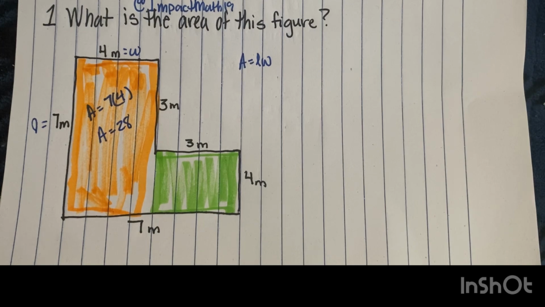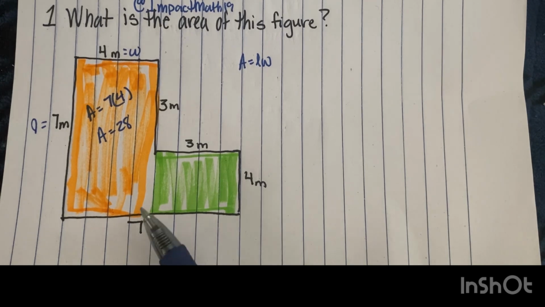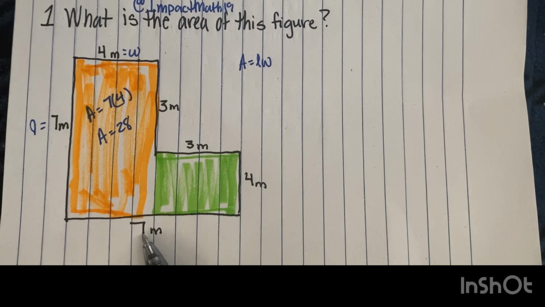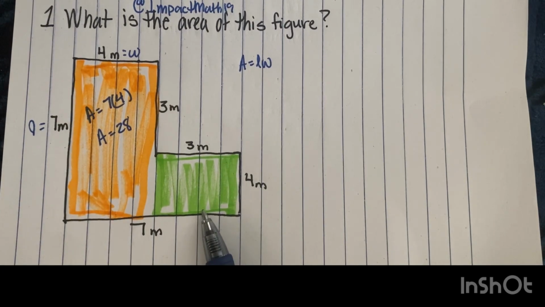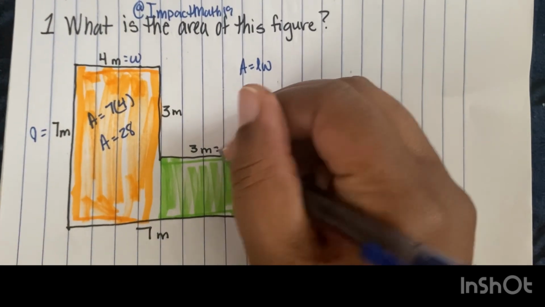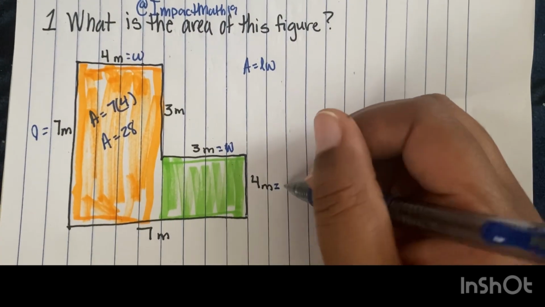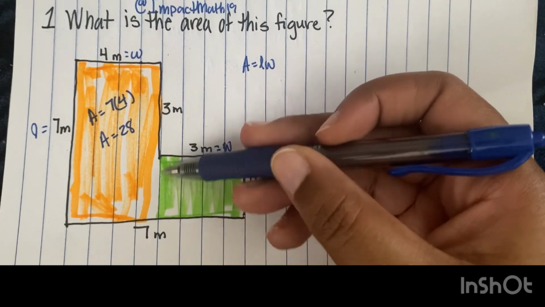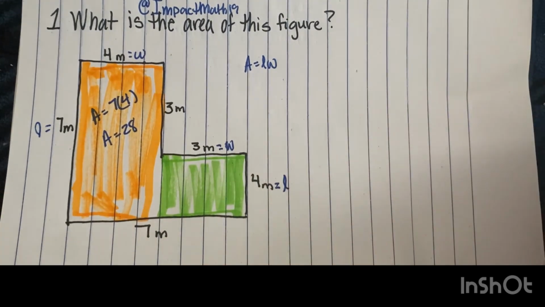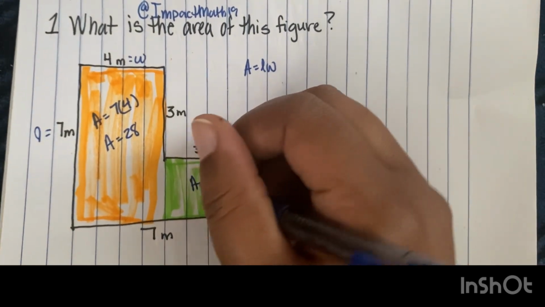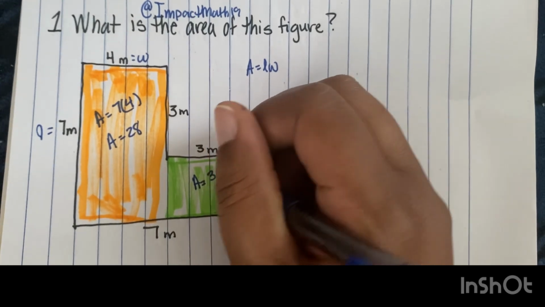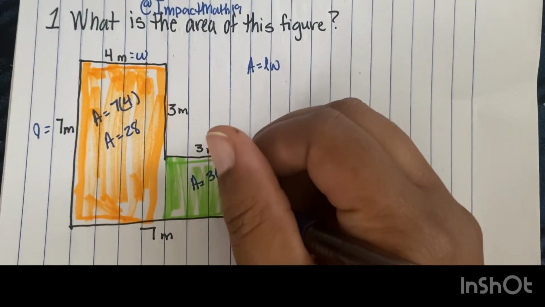Okay. So now the area for our green rectangle is going to be, now most people want to use this 7, but remember we can't use this 7 because this 7 includes the orange and the green. So we're going to say our width is 3 here, and the length, because this is the length, is going to be 4. And so we're going to do area equals 3 times 4, and that's going to give us